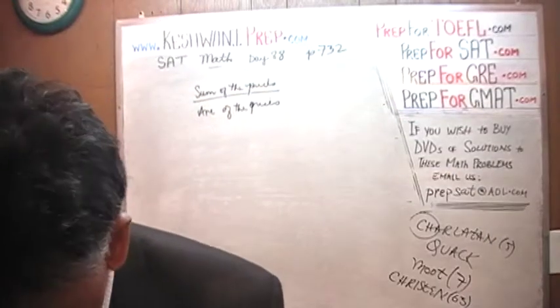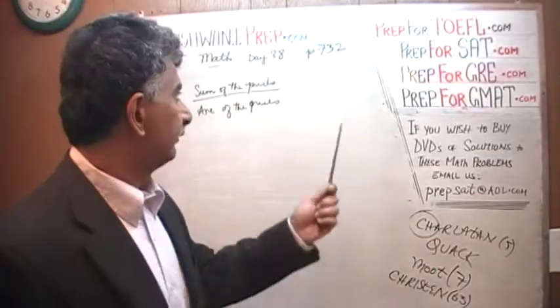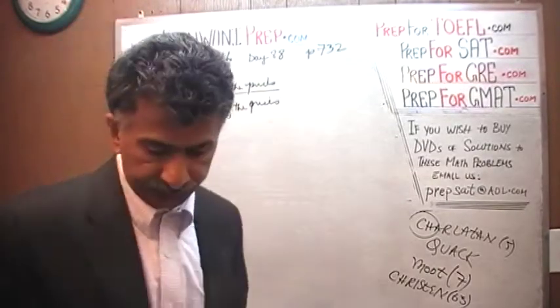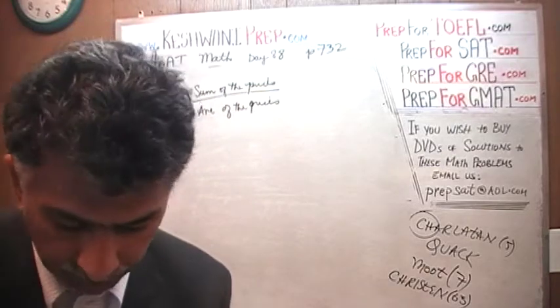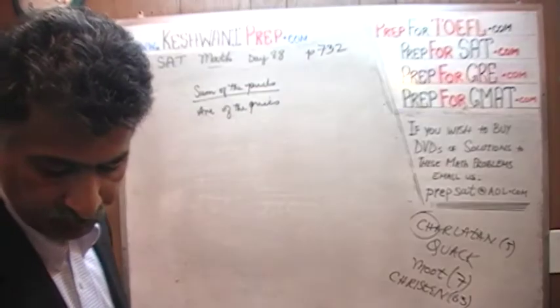The problem that we are about to solve is the one that you will find on page number 732. Please turn to it, page 732, and today is our lesson number 88. The very first problem there, problem number 11, it says, if the sum of a list of prices,